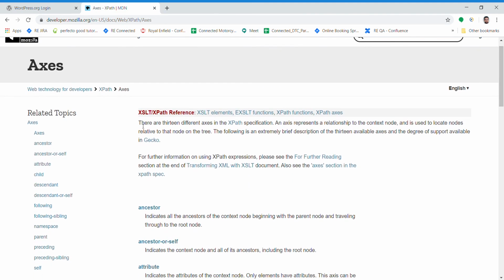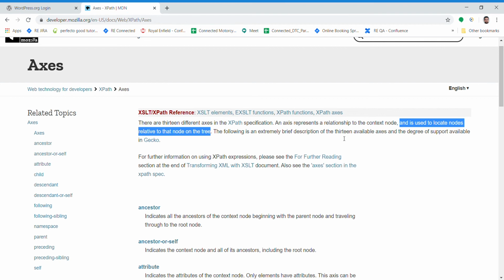So here you can see that there are 13 different axes in the XPath specification. An axis represents a relationship to the context node, and is used to locate nodes relative to that node on the tree. Just focus on this statement. So what is the context node?